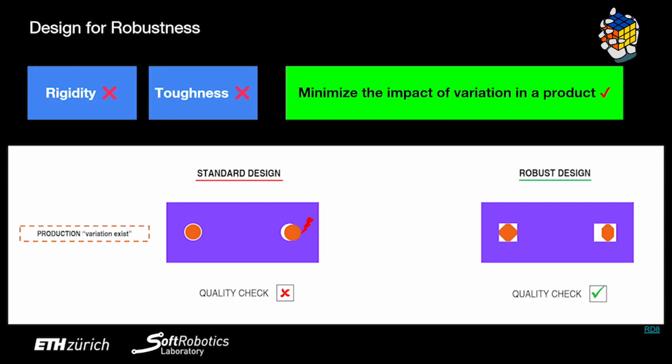Okay. So when we talk about these fast and cheap but not reliable aspects, can you tell us a bit more about things like the rigidity, toughness, minimizing the impact of variations on the product? So how can we achieve that, and why is that maybe important? I think